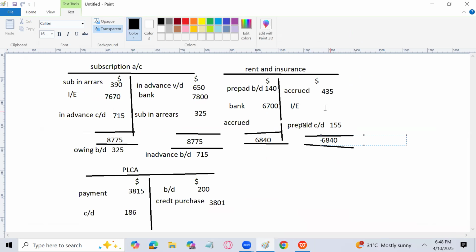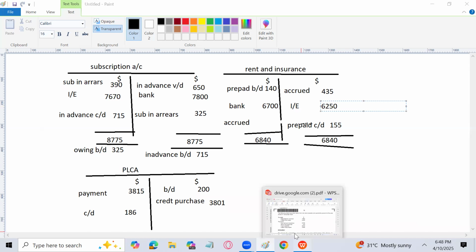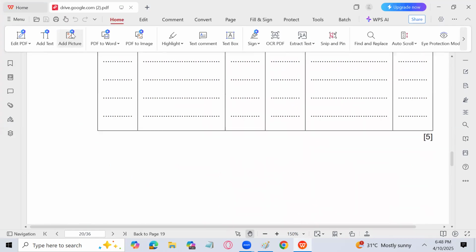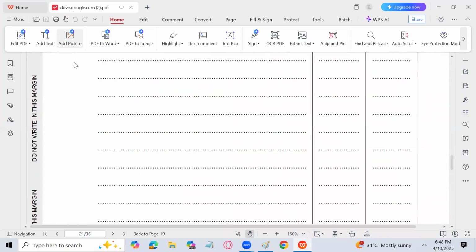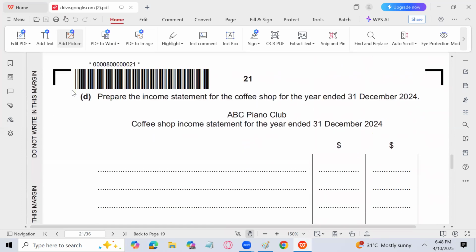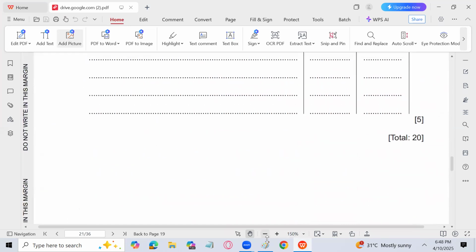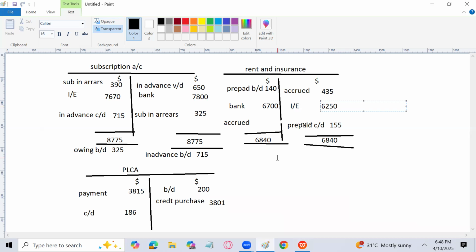So 6840 minus 435 minus 155. 6250. Okay. So we are done with that. 6250 is the income and expenditure account. Let's see, after club rent and insurance, accumulated fund we have found. That is a new thing which we have done, opening assets minus opening liabilities. And now he wanted us to prepare the coffee shop income statement of 5 months. So let's prepare. I will write here